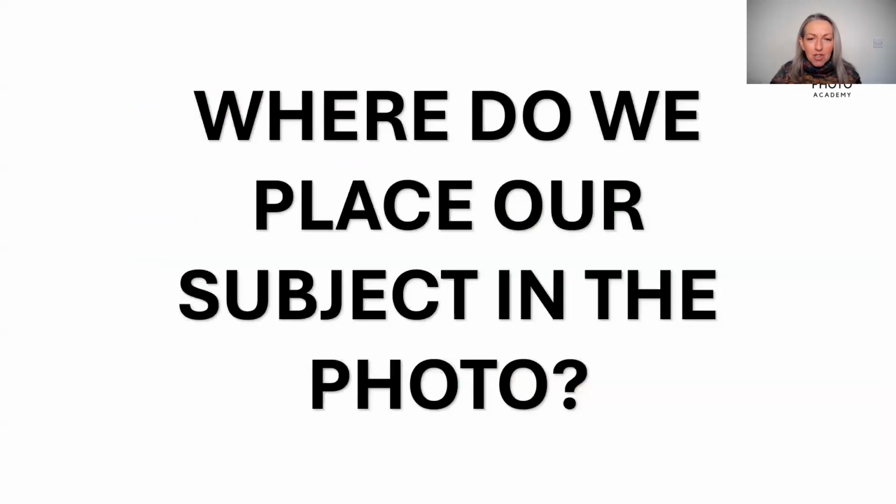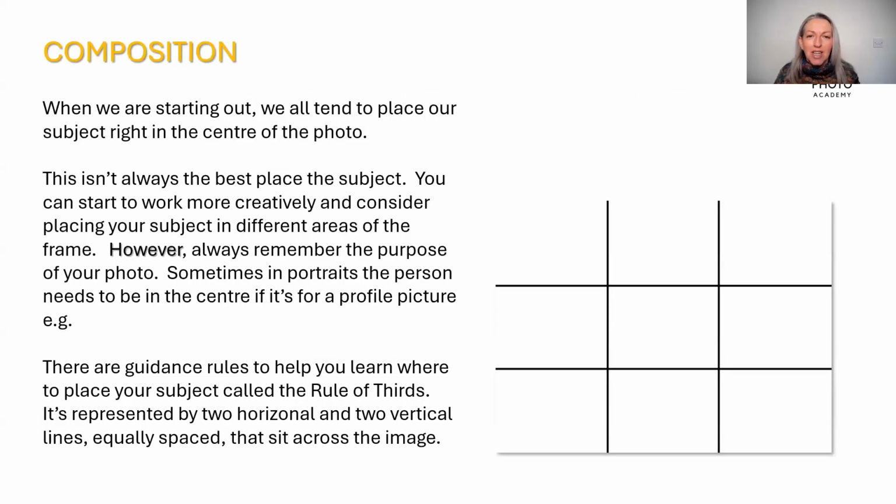So where do you place your subject in the photograph? And that is known as composition. So think about where you're placing them. So when we all start out, I was the same. We tend to put the person right smack bang in the center of the image. And whilst that's fine for certain types of photographs, if you want to start to think more creatively, you could consider placing your subject maybe slightly off to the side. And this depends on whether you're holding your phone like this or like this. But some of you may be familiar with this. On a smartphone, you have,